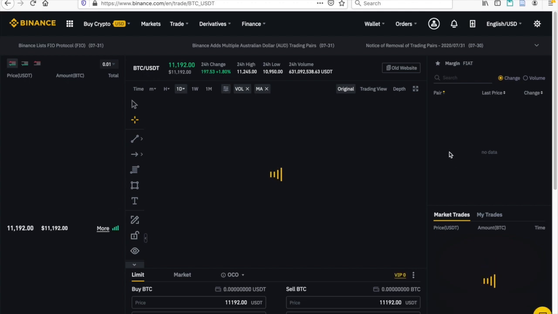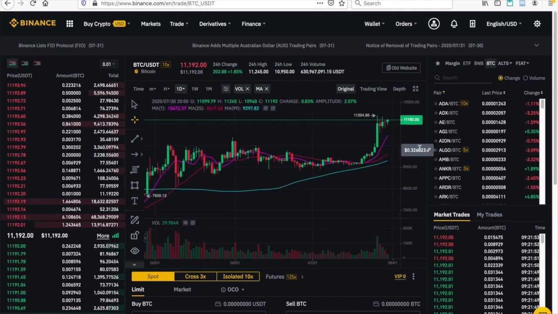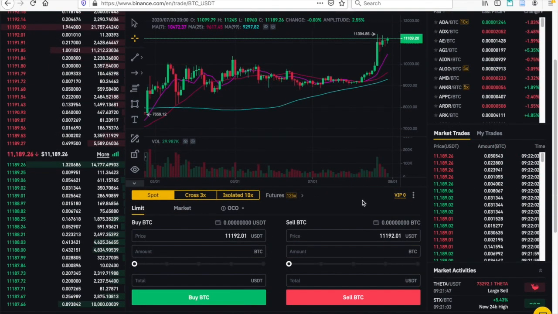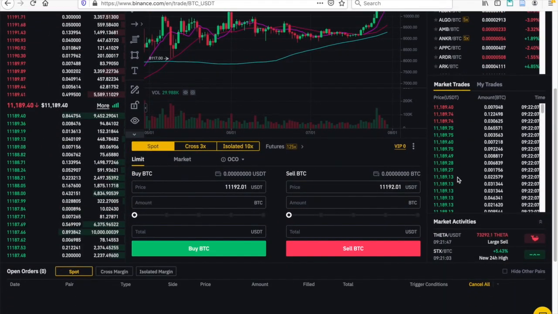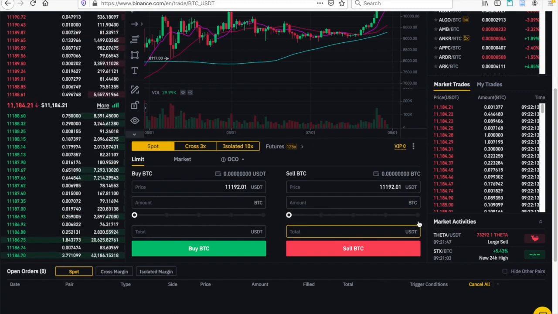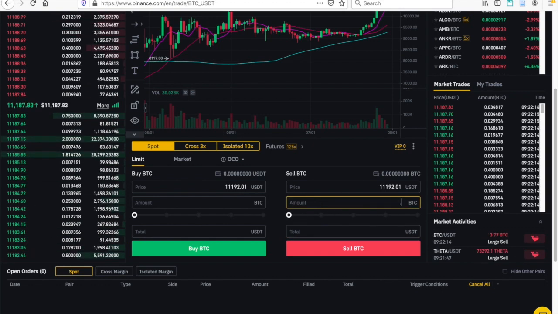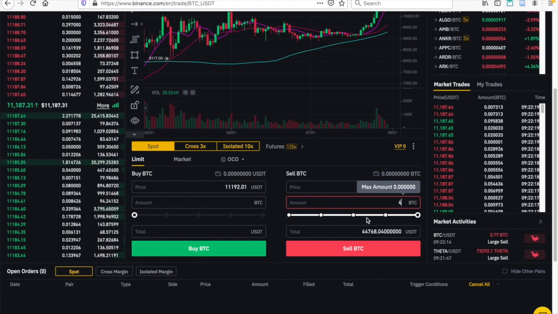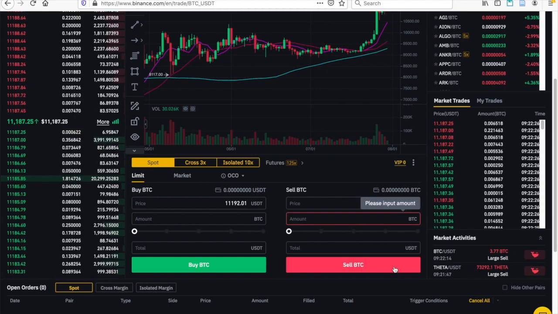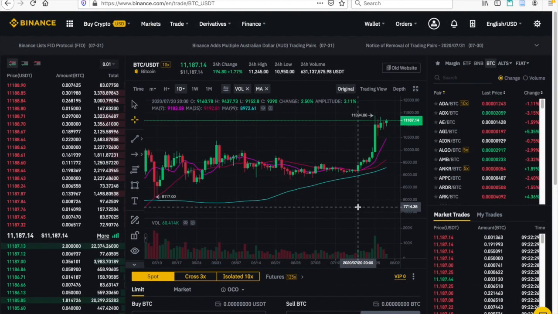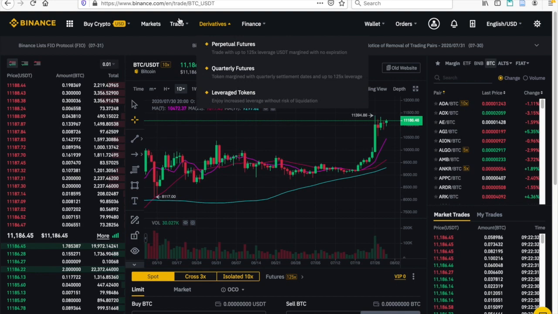Click on one of those, and you'll be taken to a rather, at first glance, complicated looking screen with a lot of what looks like stock market numbers and stuff like that. And it is very similar to the stock market, but in order to trade, you can just come on down here to this sell area and enter in the amount of Bitcoin that you want to sell, and then it will come out with a total here. So for example, if I plugged in 0.04, it will show the amount of Bitcoin that's available. And then you can click on sell Bitcoin, and it will process the exchange,